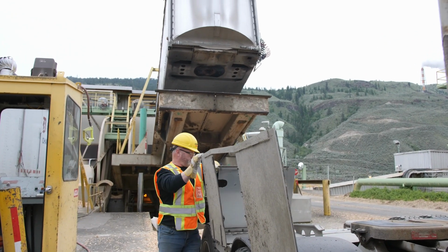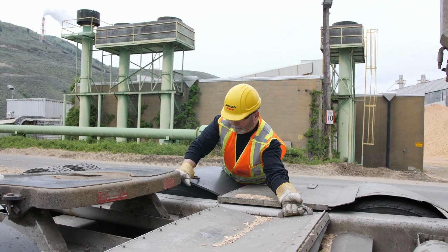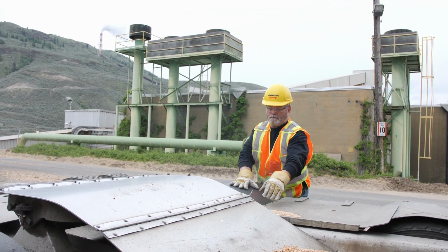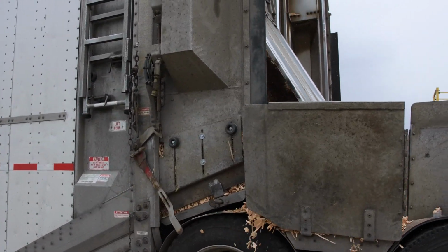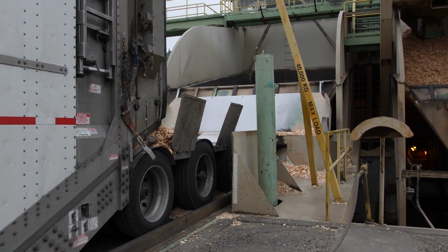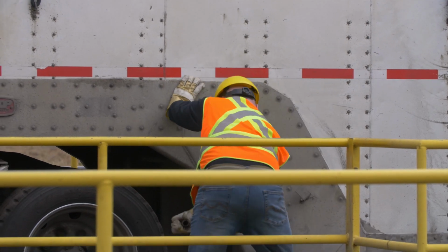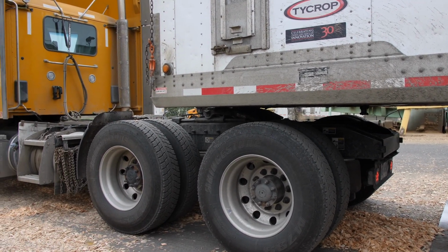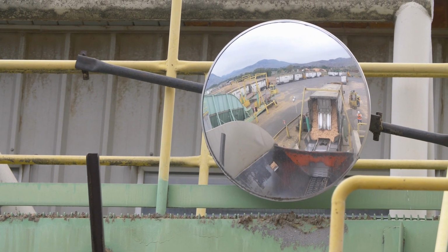With chips, it is okay to dump your entire trailer with a single raise, so while your B trailer is dumping, you can assemble your A trailer wings. Remember, you are never to go onto the trailer while it is on the dumper. When finished, back your A trailer against the backstop and prepare the trailer for dumping. Make sure that your tractor is completely clear of the dumper platform. Use the mirror above the dumper to ensure the drag chains in the dumper pits are completely empty, and then